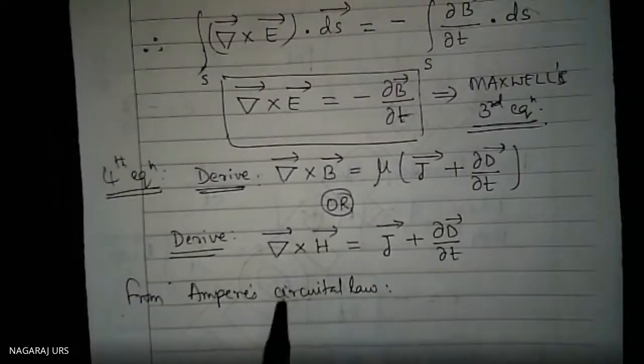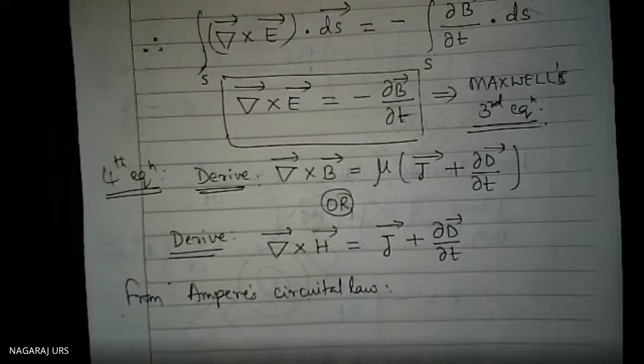Ampere's circuital law. Don't forget, Ampere's circuital law is inconsistent, which is having a wrong concept. Then it has been corrected by Maxwell by introducing another current called the displacement current. Not only conduction current is present, along with that one more current is flowing, that is called the displacement current. Therefore, the total current is said to be I plus ID due to the change in the